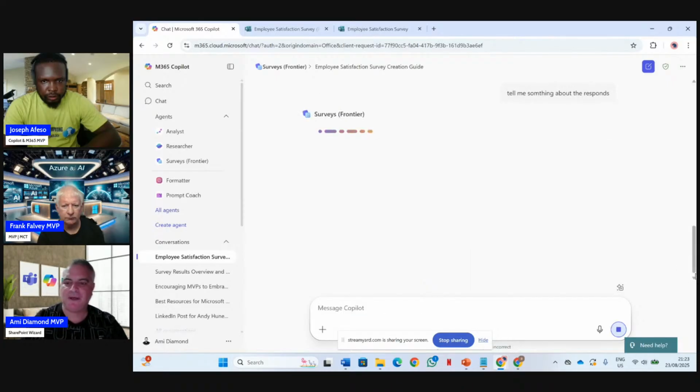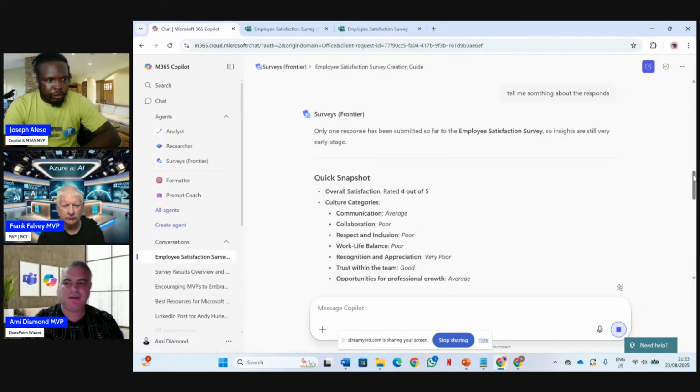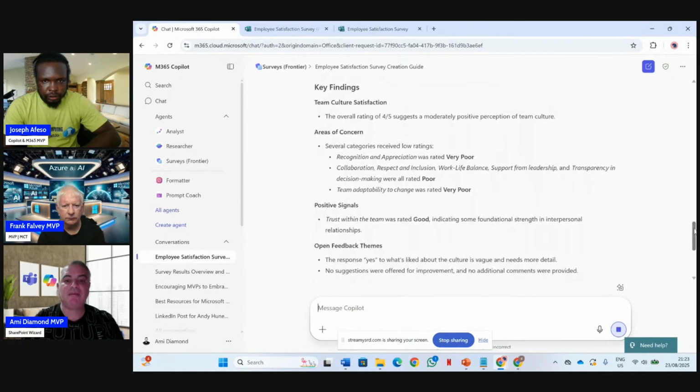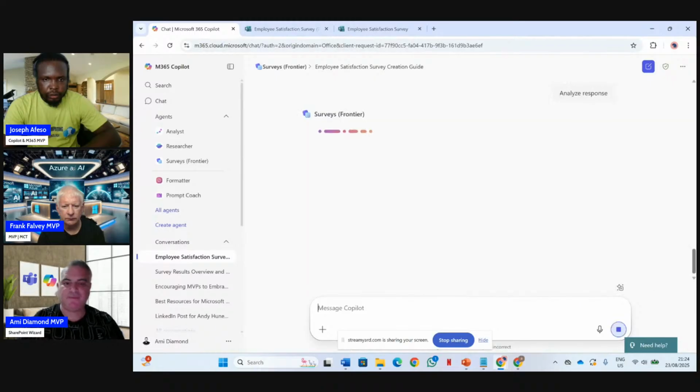I made a typo, but here it's giving me some information based on the response. Look, it can give me next steps. I can export to Excel, I can track progress, and I can analyze. So let's do analyze response, and it should give me some deeper